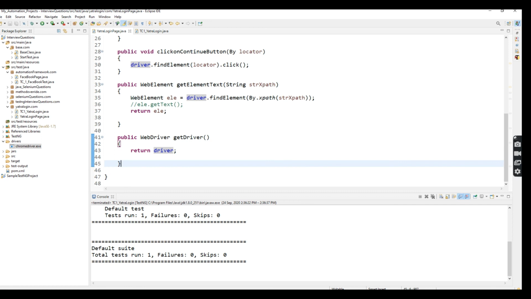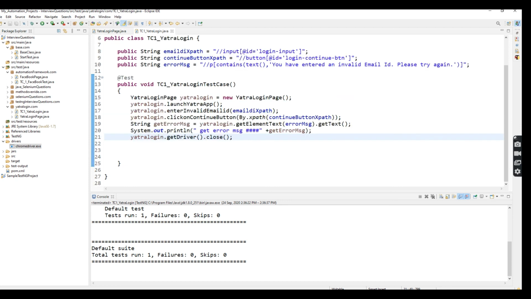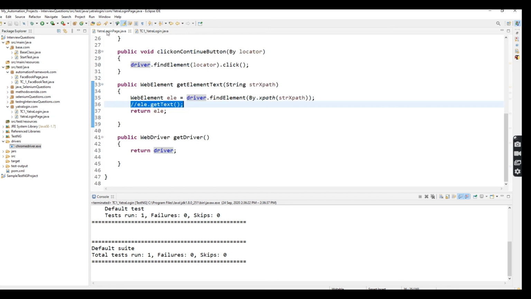So don't directly initialize this method inside the web element method, because if you want to perform any action, attribute, or get CSS value, anything where you have to implement that method, at that time you can initialize this method one. Okay, I'm using this web element method. If you implement get text directly here, it means you can perform get text only. So for that reason I commented it out, sorry, commented it. So after that, WebDriver one, okay, this is the method name. You can give whatever name you want. Okay, I'm using the generic one, which is get driver. I'm returning the driver one.